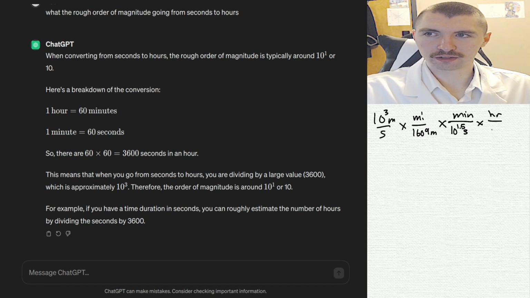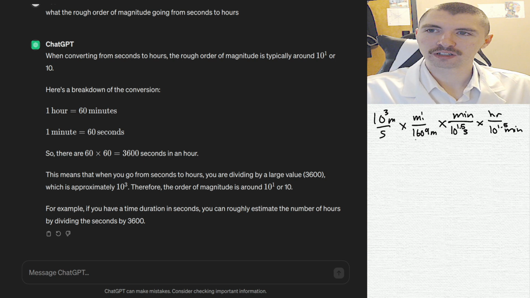And 10 to 1.5 minutes in an hour. This, we're going to keep this 10 to the 3 meters. In the end, it'll be 10 to the 0 over 10 to the negative 10 to the 3 miles, which is